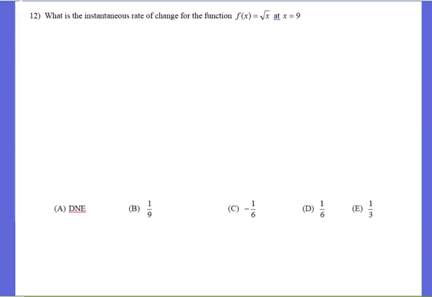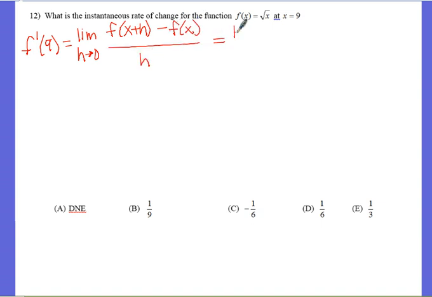Number 12, what's the instantaneous rate of change? Instantaneous rate of change is the same thing as derivative. Now you know the new notation, f prime at x equal to 9. You needed to do the limit as h approaches 0 of f of x plus h minus f of x all over h. Going across, the limit as h goes to 0 of f of x plus h would